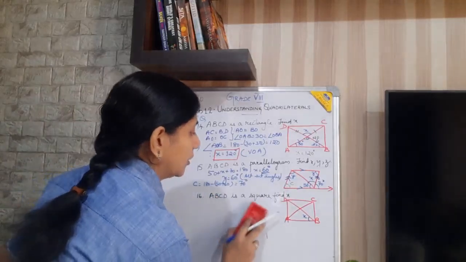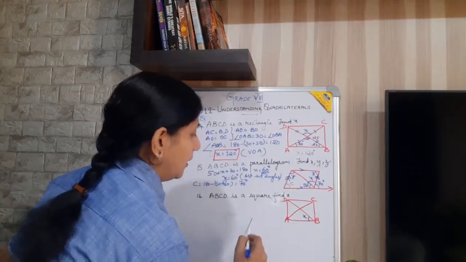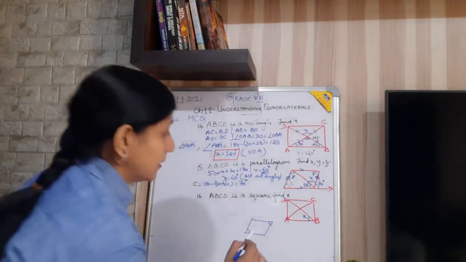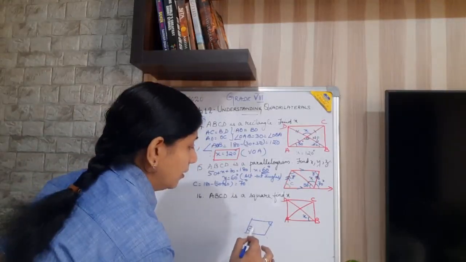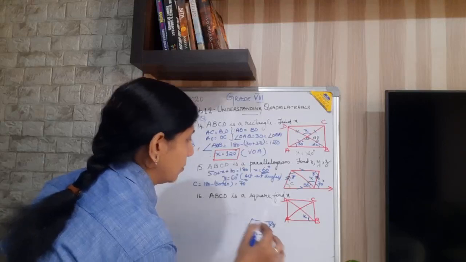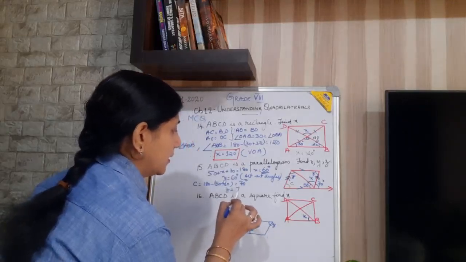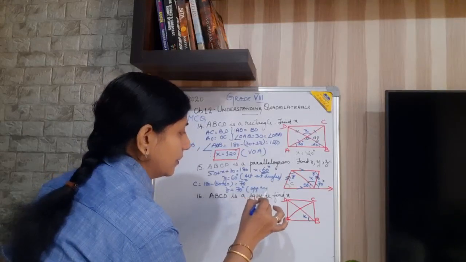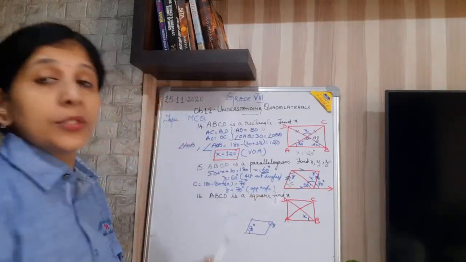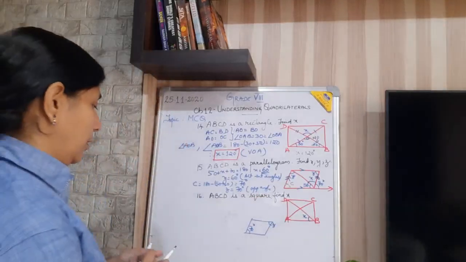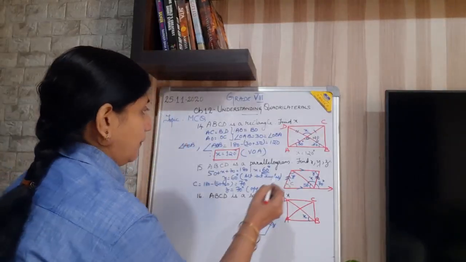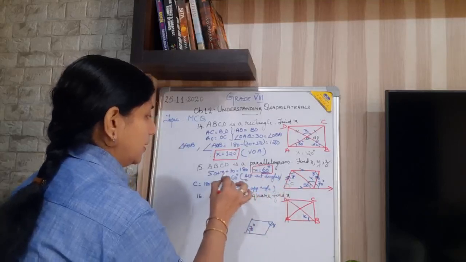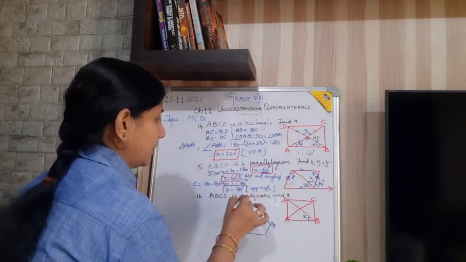Okay. Now what are the characteristics of a parallelogram? In a parallelogram, opposite angles are equal. So if this is 60 degrees and 70 degrees, what about Z? Z is also 70 degrees, because opposite angles in a parallelogram are equal. So you got x as 60 degrees, y as 60 degrees, and Z as 70 degrees.